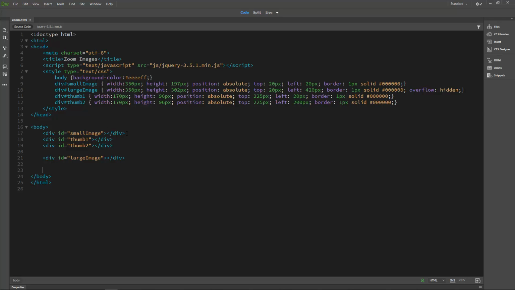The rest of what we have to work on in this assignment is jQuery. So under that large image, we're going to do a script tag. Type equals text/JavaScript. I'll go ahead and close the script tag there. I'm going to go ahead and put my HTML comments on the inside of that, and before that closing,